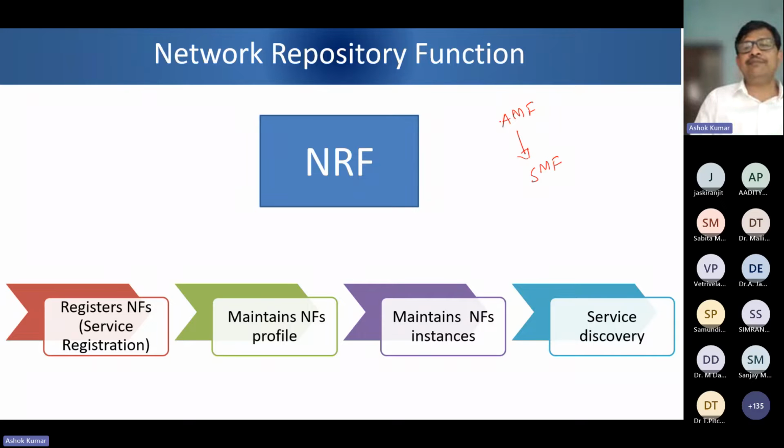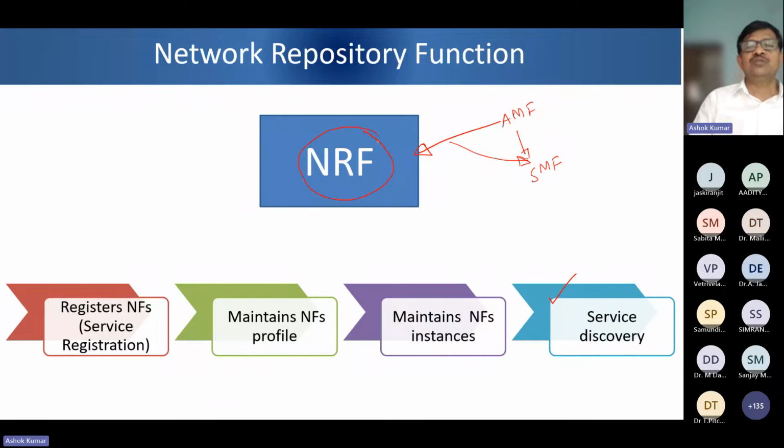So first the AMF goes to NRF and discovers the SMFs, that is the list of SMFs, and then it selects which SMF it has to interact with. So this is called service discovery. So this is the function of